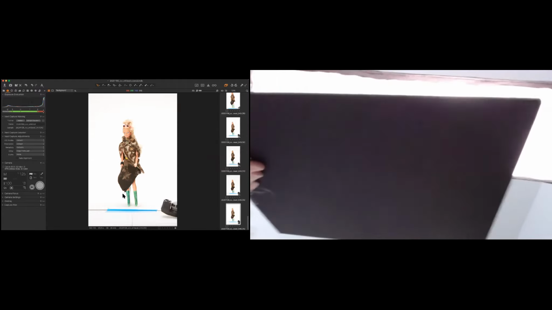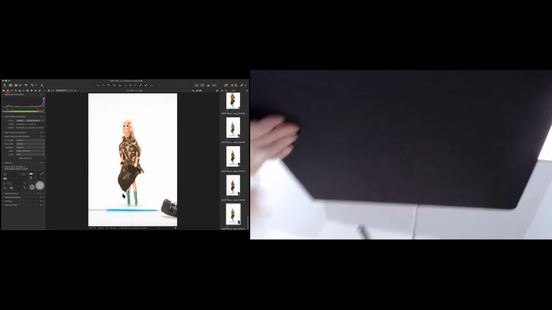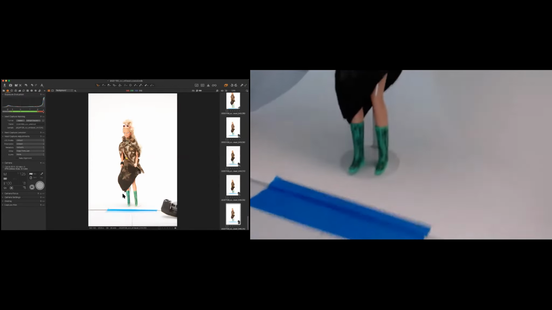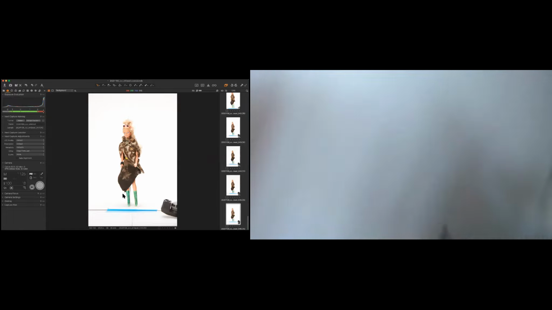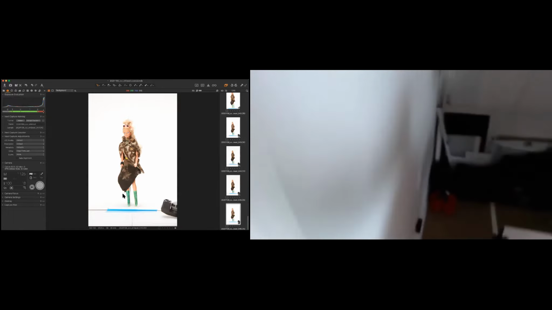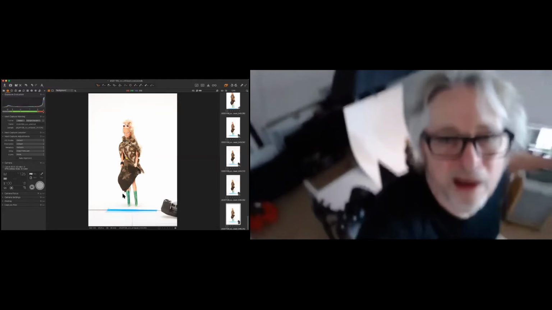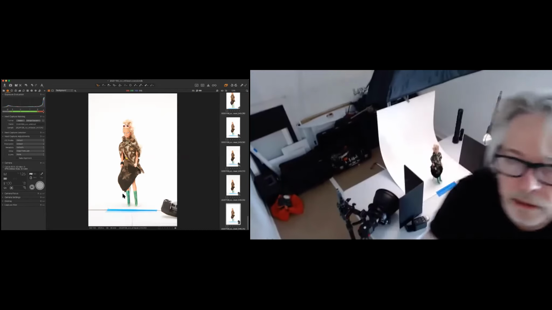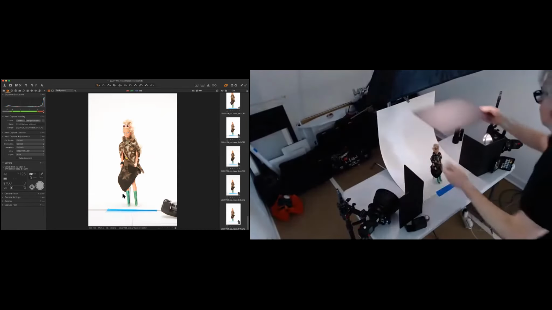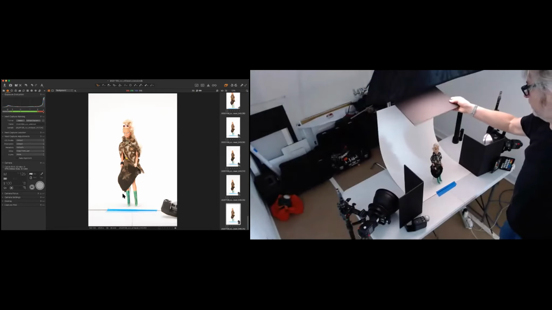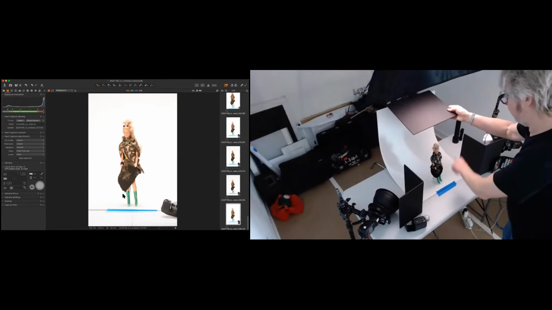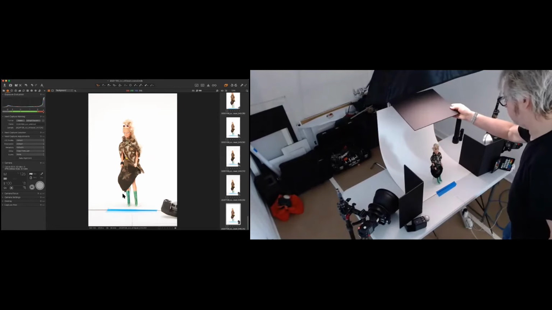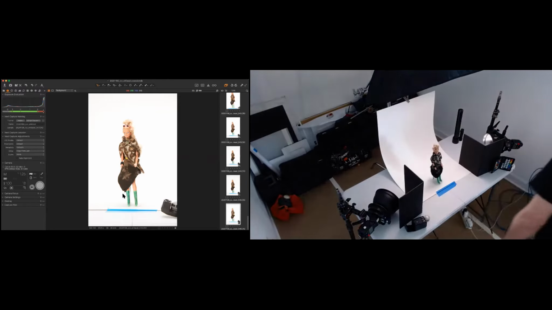Sorry. The light is not hitting her, but down here on the floor, it's still hitting the floor. You can see it probably better in the wider shot. So again, I'm going to be bringing this from the back, and what I'm looking for is to get the light off of her, but still keep it down here on the floor. And I can see that that's going to work right there. Does that make sense to all of you guys?